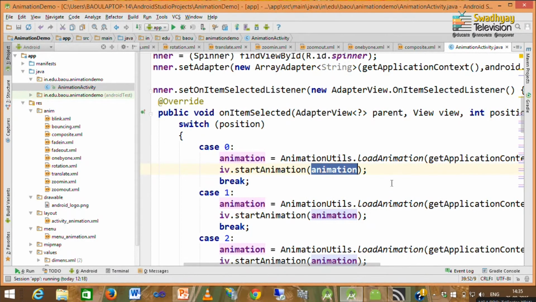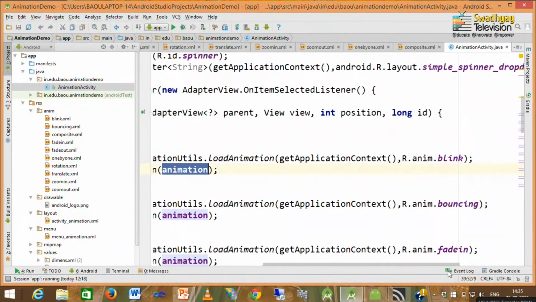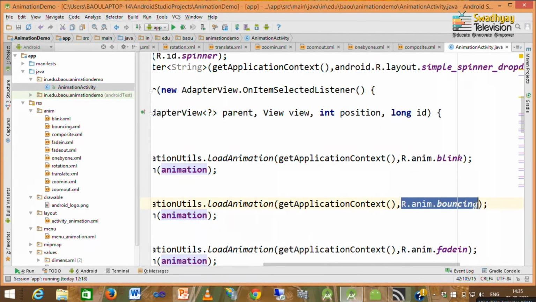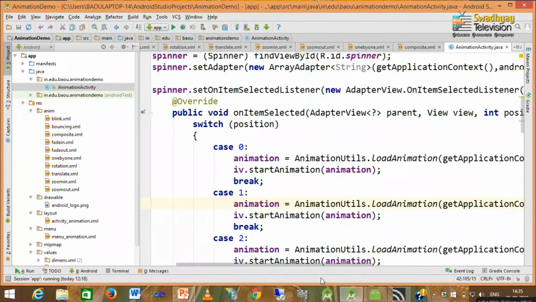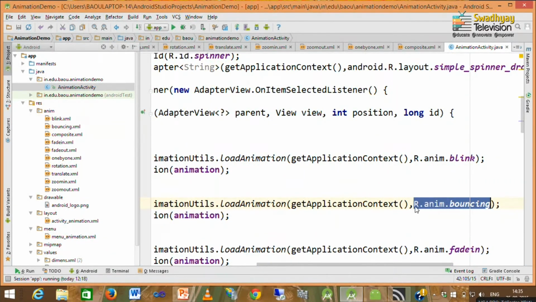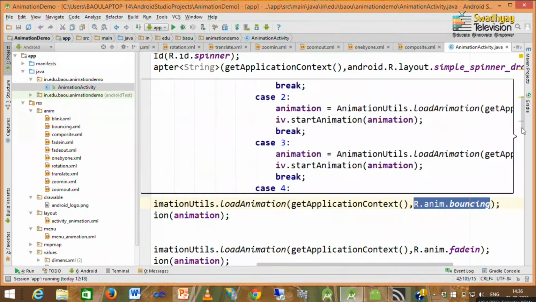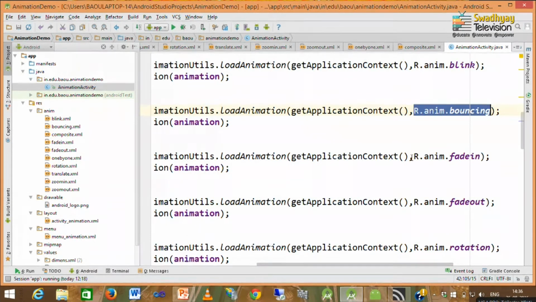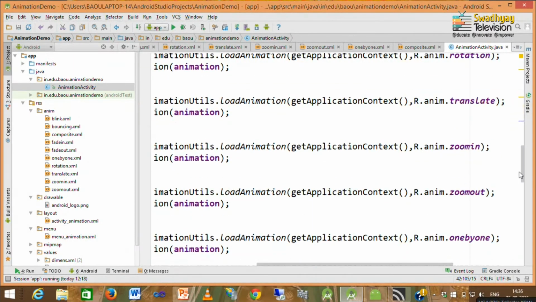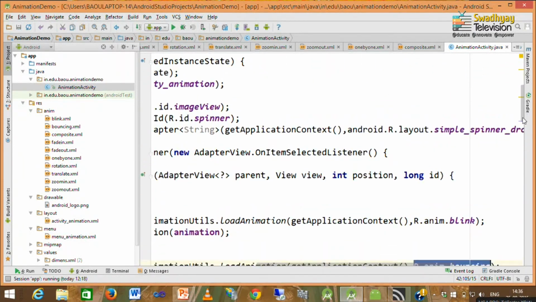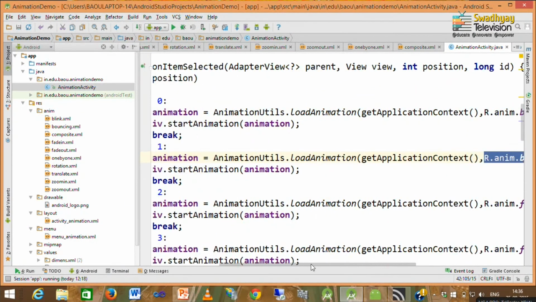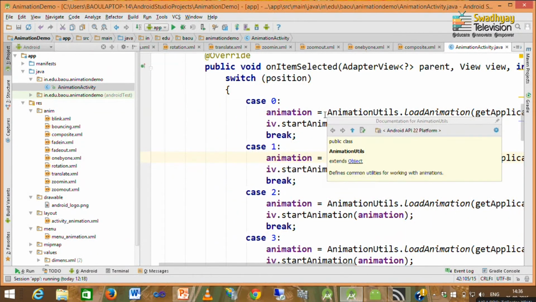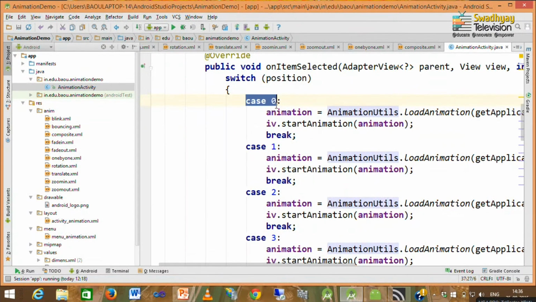For all other cases these lines remain the same, you just need to change the animation name. The second option is the bouncing animation, so in case 1 I just write R.anim.bouncing, and in the third case I write R.anim.fade_in, R.anim.fade_out, and so on. All case code is identical, the only change is the name of the animation that is represented by each case.